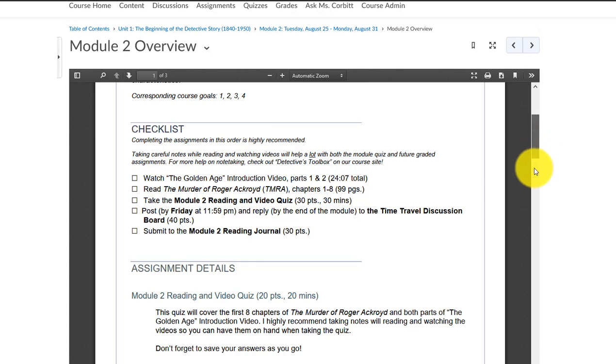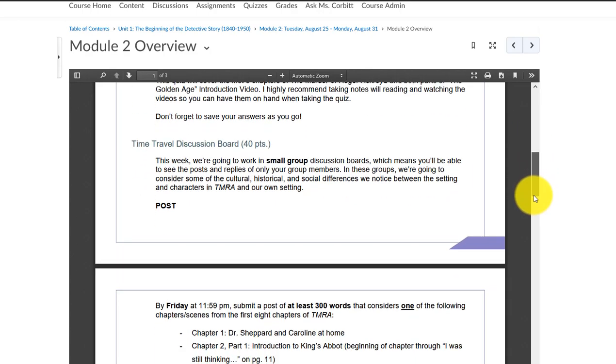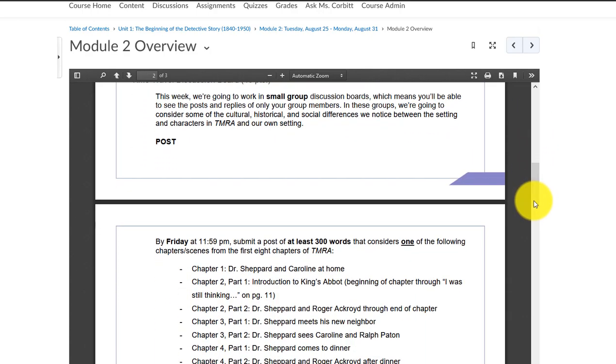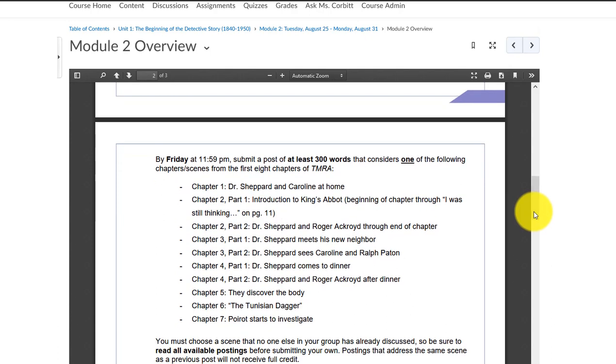In addition to reading and doing the video quiz, we also had this time travel discussion board. In that, we spent some time considering the distinct differences we noticed between the events and customs within the book world, right? The time and setting, and then the world as we know it today. In reviewing your posts, which were overall great, by the way, I'm really enjoying how thoughtful y'all are being with these readings. But I noticed a few patterns of things that kept coming up,